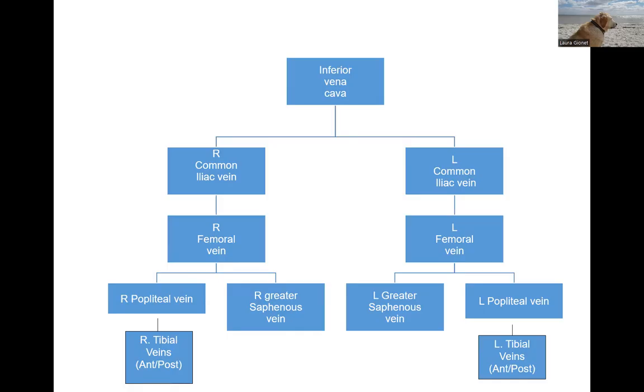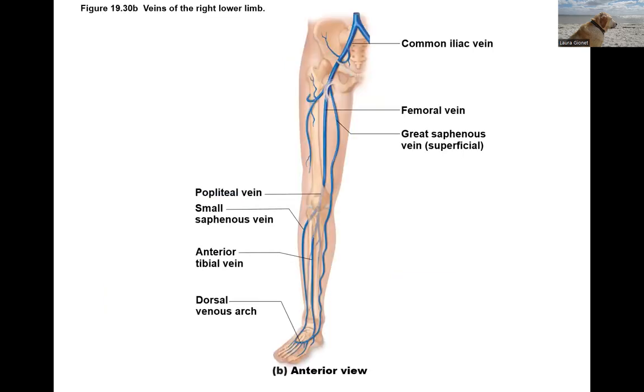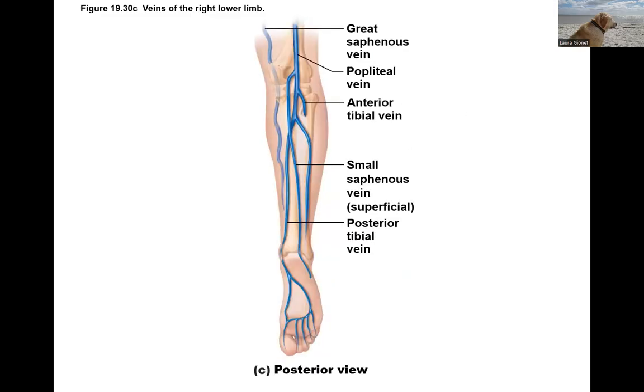The renal veins, right and left from the kidneys, will directly connect to the inferior vena cava, and the veins from all the other organs will merge to form what's called the hepatic portal vein. I'll show you in just a minute. All right, so this just shows you the same flow here. It shows you that smaller saphenous vein, not of great importance, but the great saphenous vein